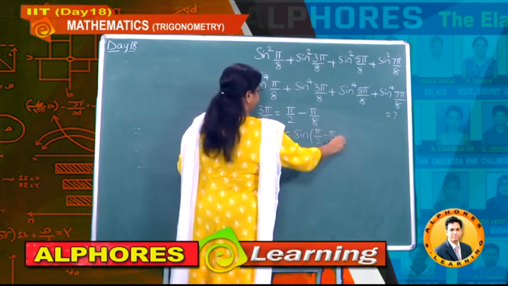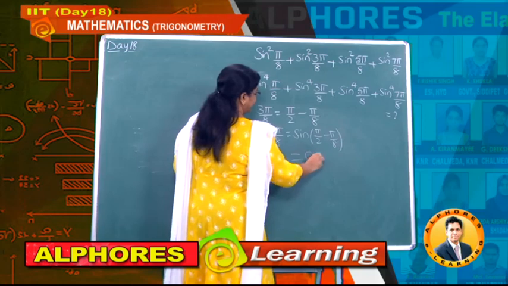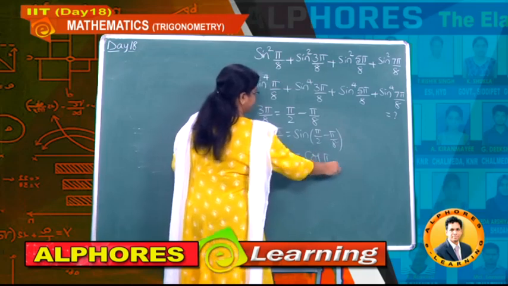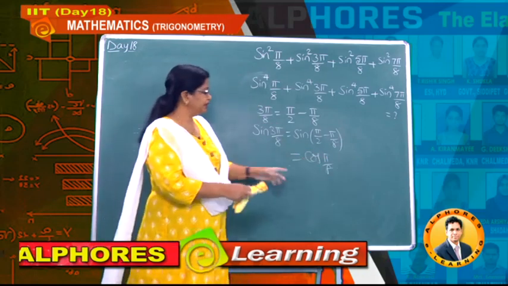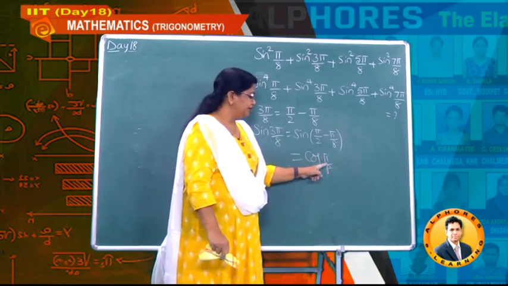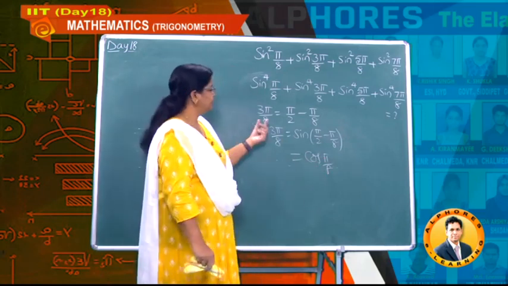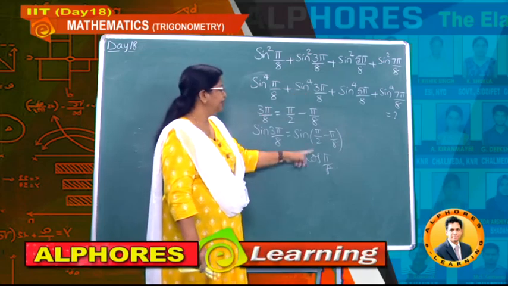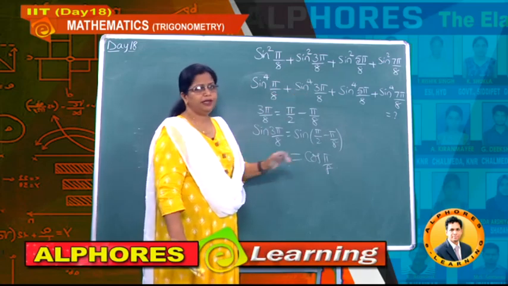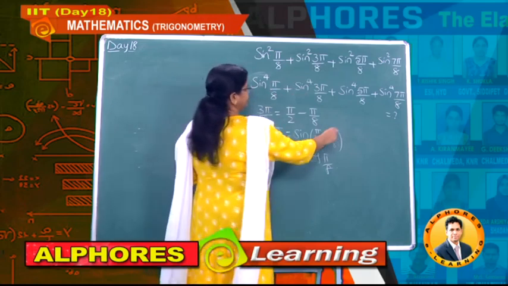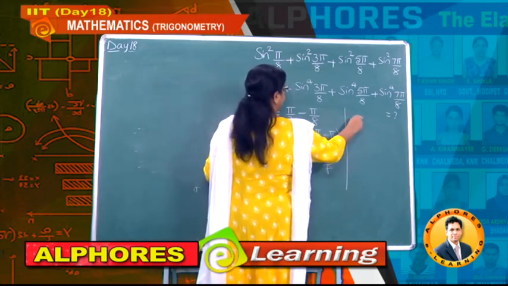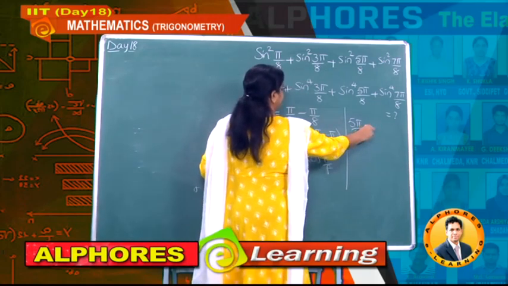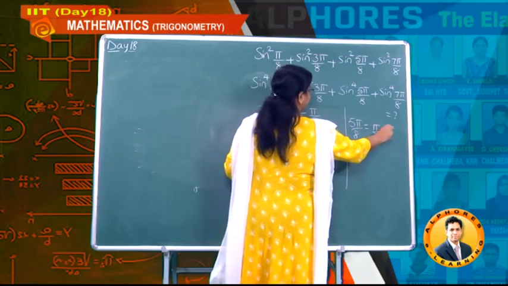Okay, and therefore you got the value how much? Cos pi by 8. Okay. So you observed here the angle you reduced in terms of what? Pi by 8. Function of course changes, nothing to worry here, the function may be changed, but the angle you got here is pi by 8. Okay. And the next value, 5 pi by 8, if I write, this is equal to pi by 2 plus pi by 8.